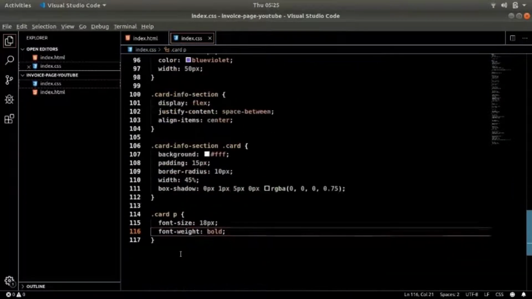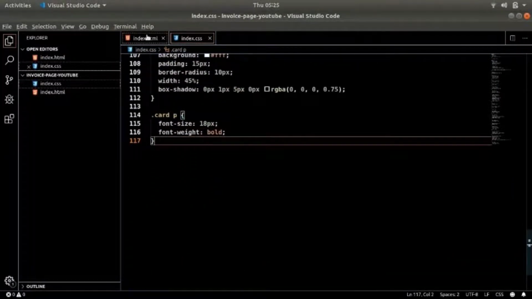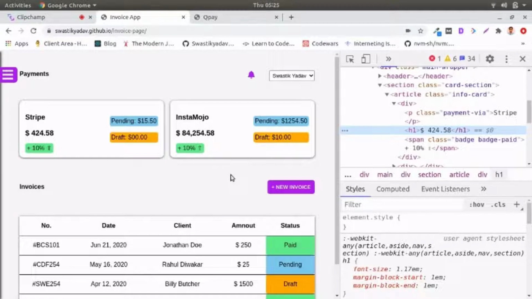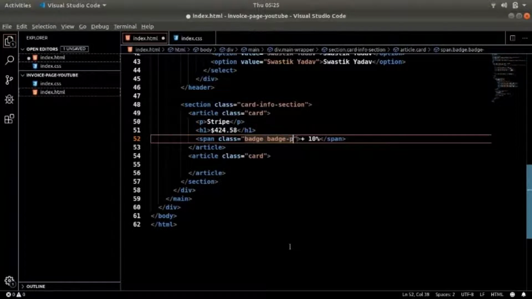So now let me give it a class of badge, and what kind of badge it is. It's a green color and it's a success badge, or we have something similar to a paid badge. So let's name it badge paid.